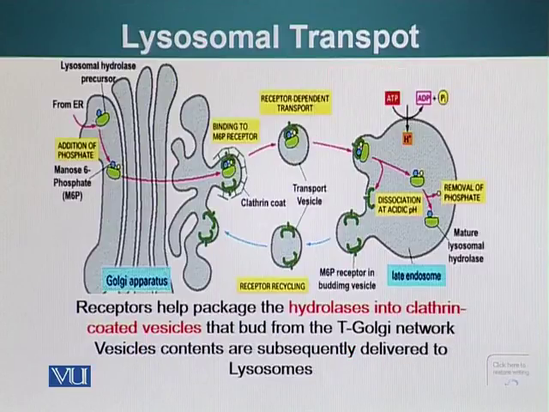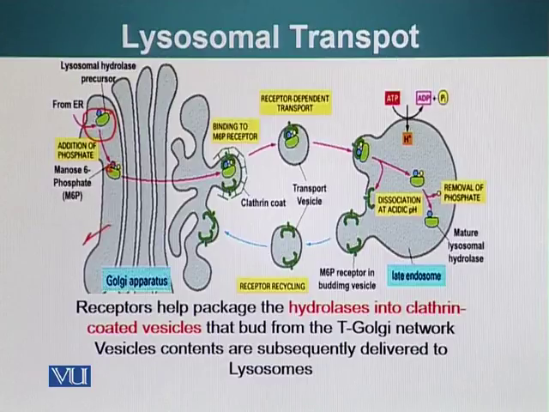Here is our lysosomal hydrolase, shown in green with a little dot. This dot is mannose 6-phosphate, or M6P, which is attached to our lysosomal hydrolase. This attachment happens in the cis-Golgi network.